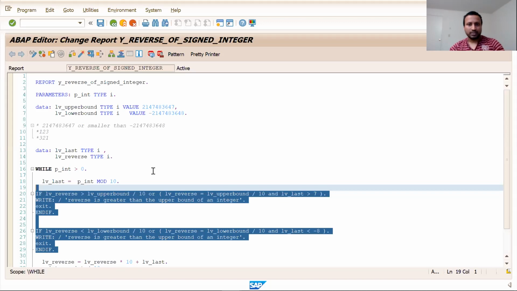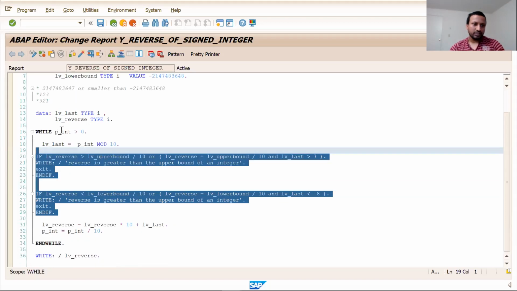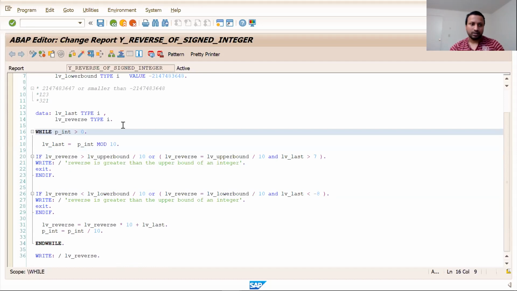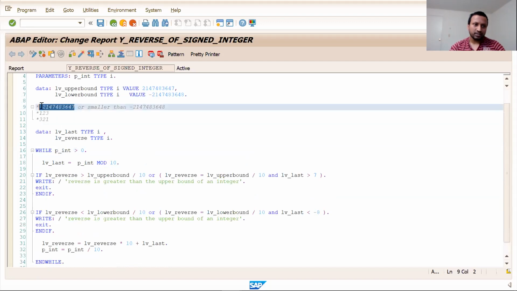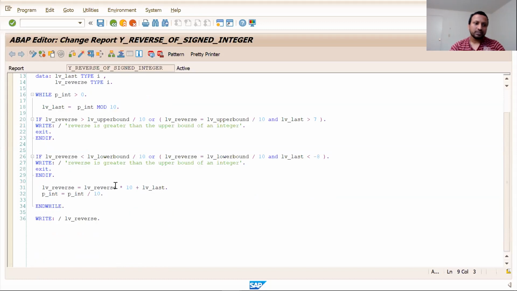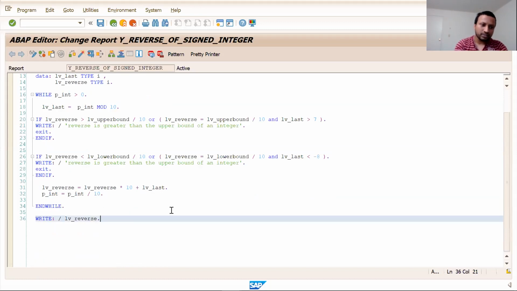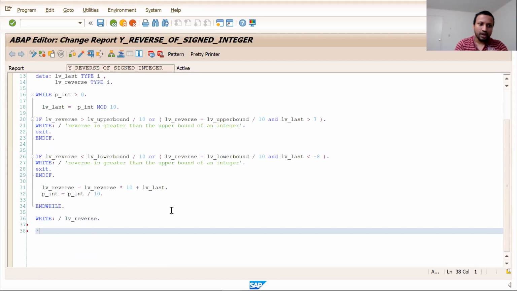And the last thing is, what is the computational complexity of this program? Is it linear time, exponential, powers of 2, or logarithmic? As we are dividing the number by 10, the maximum number of times we run the loop is the number of digits in the input. So our computational complexity is logarithmic of the input with base 10. So this is it.